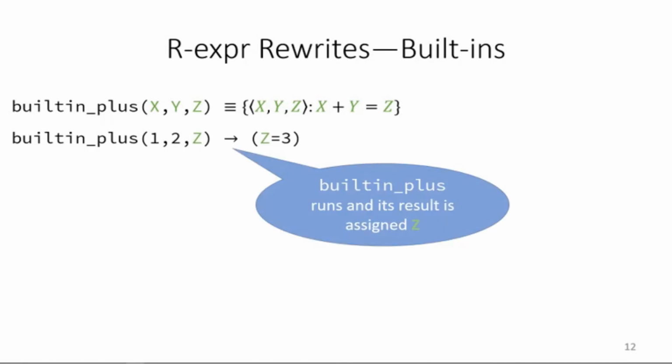To illustrate the core idea of our rewriting system, we start with some small examples involving built-in expressions. Here we show the built-in plus operator, which operates over 3 variables and maps these variables to the bag of triples that corresponds with addition. Our system is looking for simpler expressions that correspond with this bag. So here the first 2 variables have been assigned the values of 1 and 2 respectively. This means that the only value that the variable z can take on is 3. So we have performed that rewrite here. This rewrite is semantically equivalent to the original expression and can be considered simpler as we can directly read the value of z.